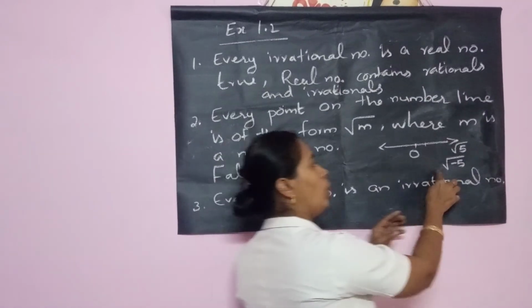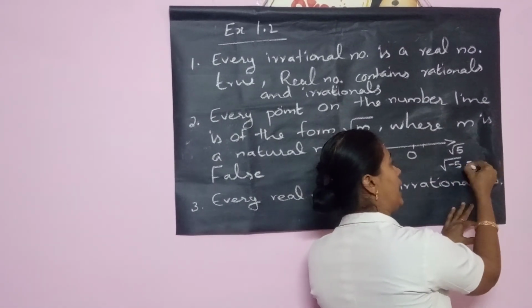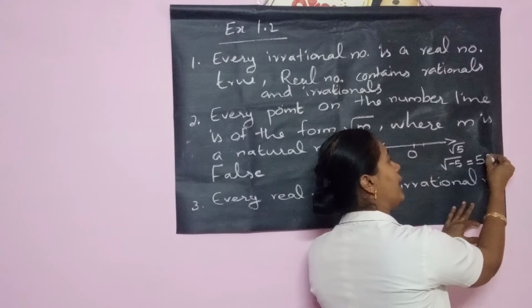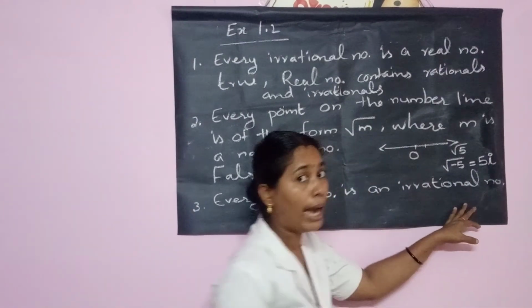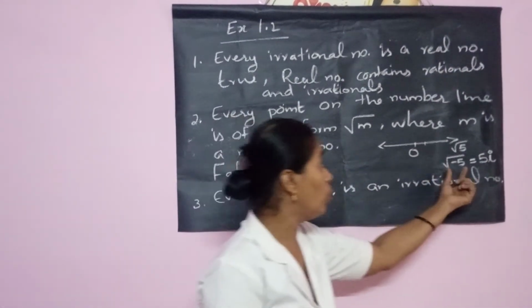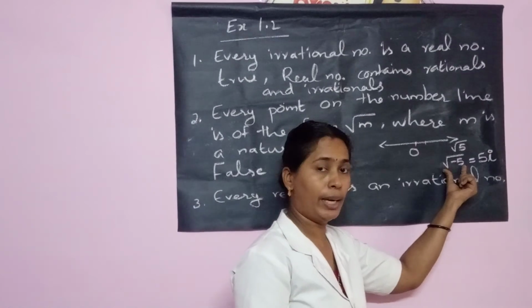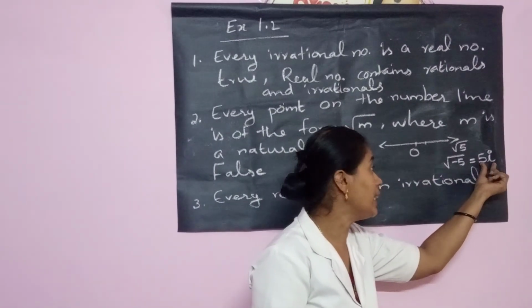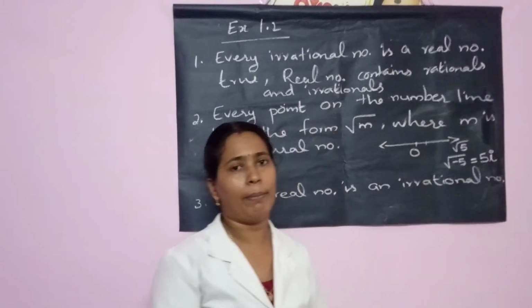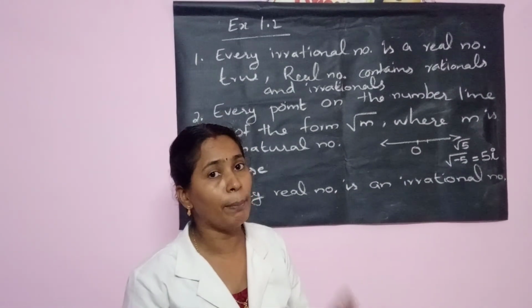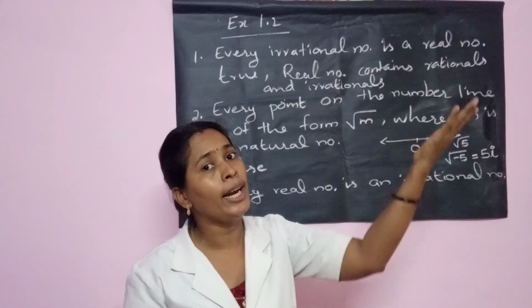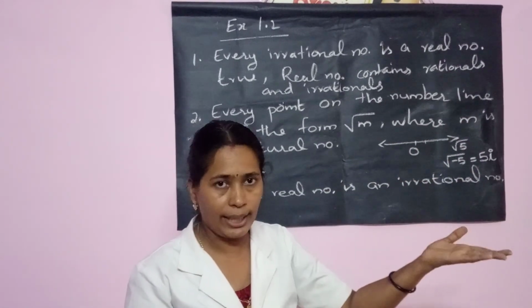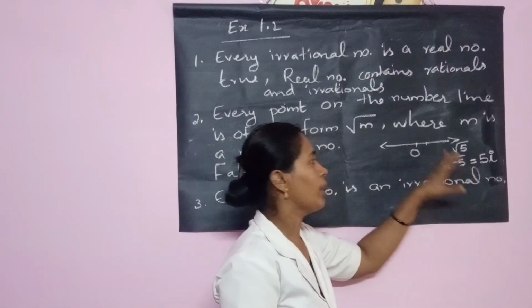Because root of negative 5 can be written as 5i. Root of a negative number can be written with i. This is called a complex number, which you will study more in higher classes. Isn't it? So now what you have to do? We have to consider